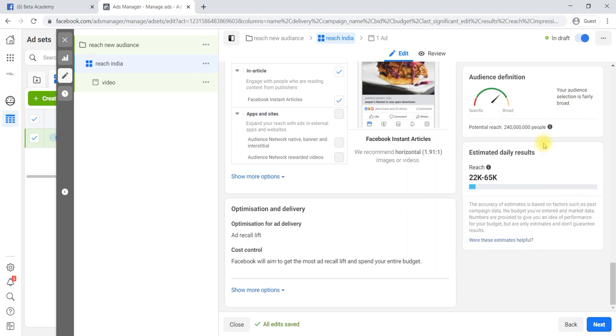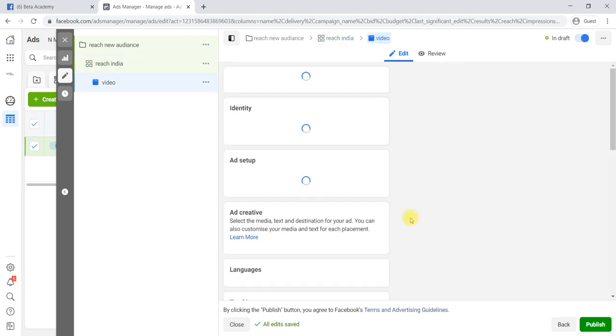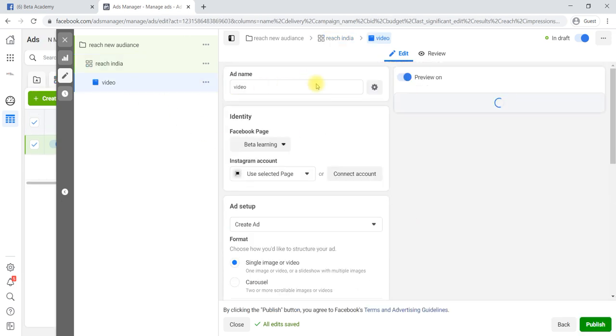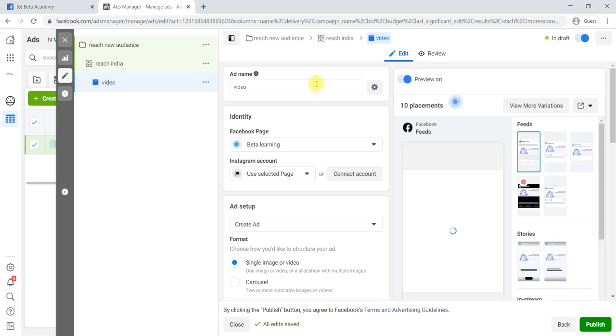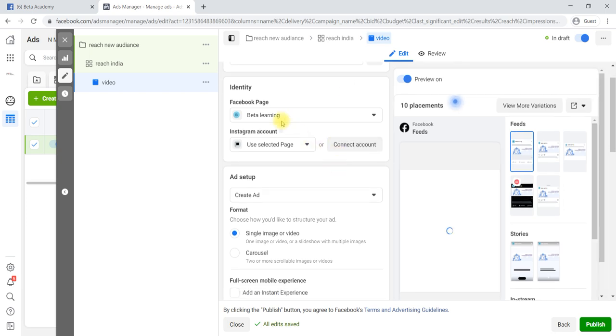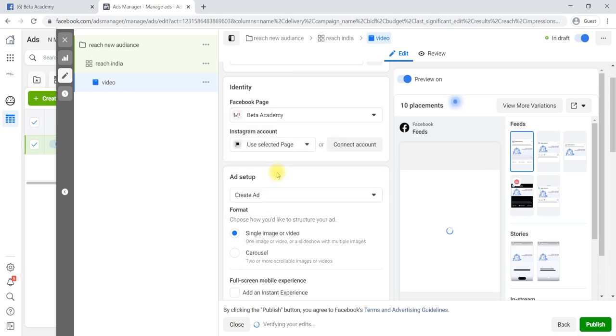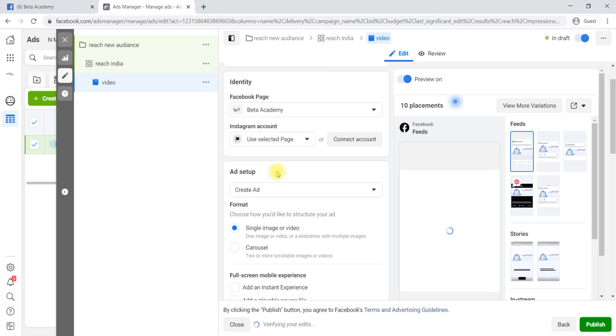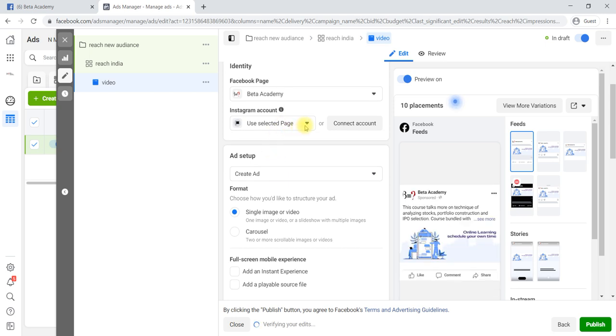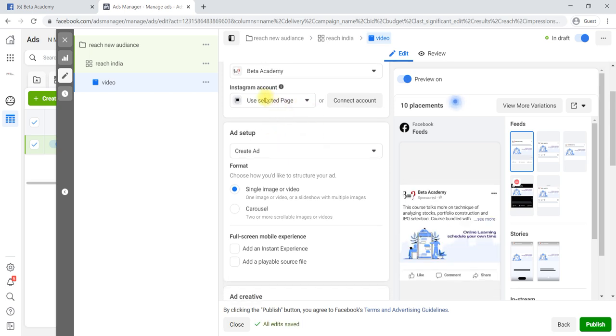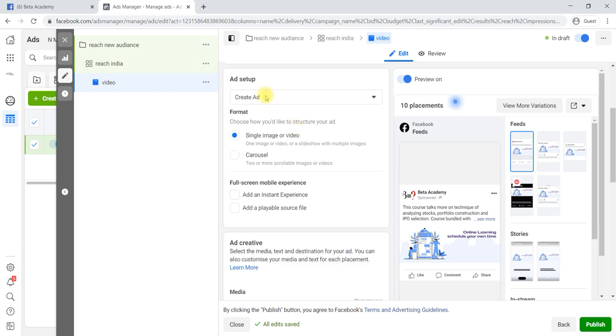Here you can check the audience, how much audience I can reach. Then it will go to the ad level, the third level, that is the ad. Which one are we going to create? We are going to create a video ad. So video, that is the name. Okay, here we can select the page, which page we are selecting for the promotion, that particular page we have to select. Then the page content, which type of Instagram account. We will create an Instagram account and we'll show you how to connect it to Facebook later.